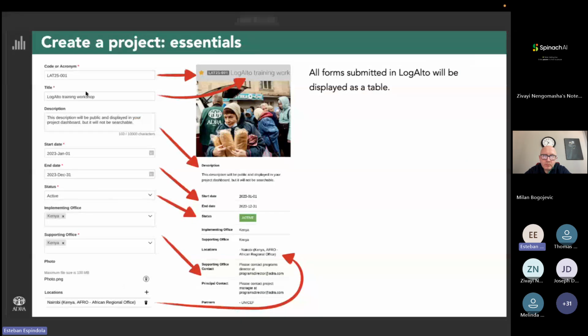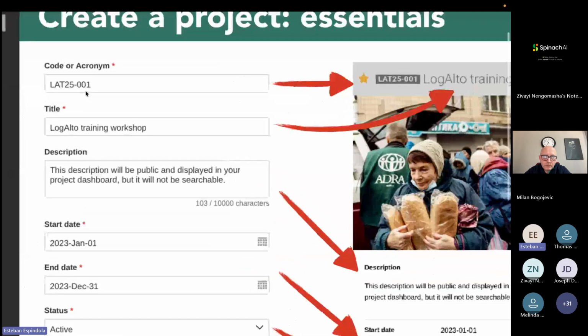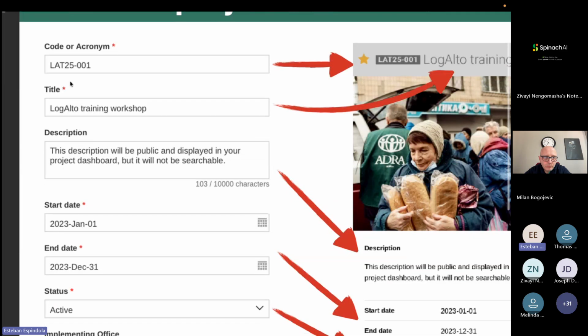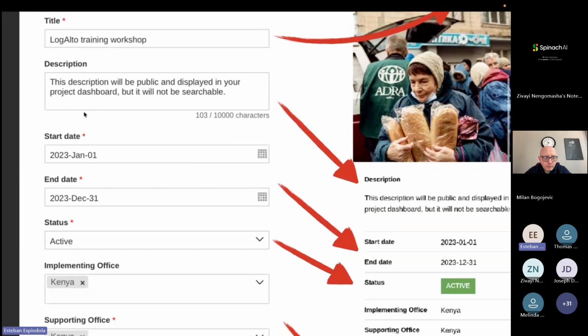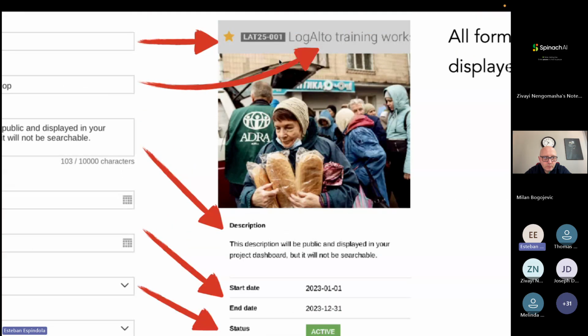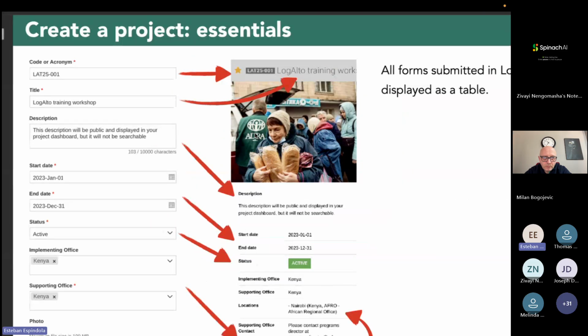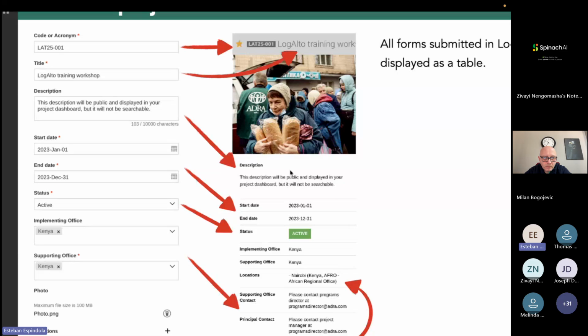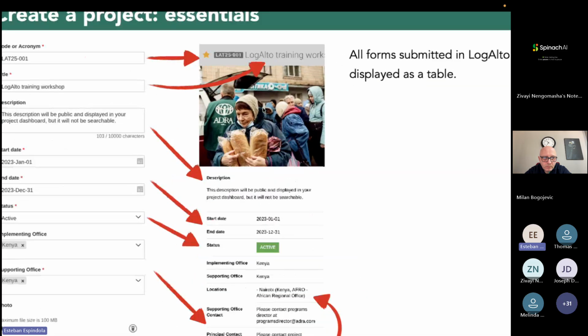So you have here on the presentation, on the left side, the different questions from this form, like title, description, and then I have here as well on the right where each of those questions is going to go once you create your project dashboard. Let me quickly take a screenshot of this so I have something to use. Okay, so